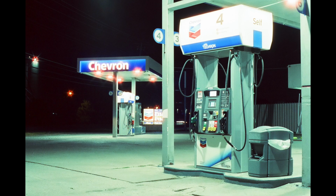I do like this one a little bit more, actually. It kind of layers in the different pumps. It gets rid of the Goodwill sign. I'm okay with the Chevron sign being back there because it is a gas station in itself. I feel like this has a better feel to it. I like how it's layered, like I mentioned. We have gas pump 4 in the front, and that draws your eye into the Chevron in the background, and then most of the background is blacked out. You do have a few of the red halations from lights across the street,